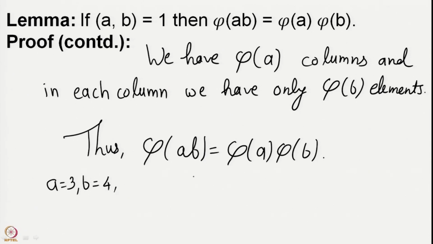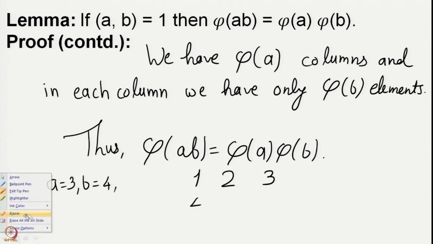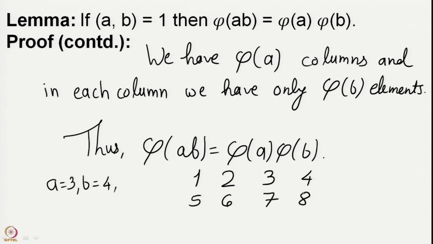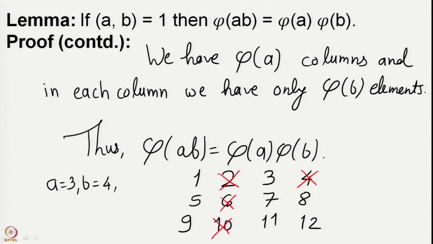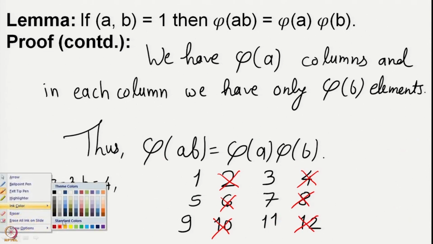So, we are looking at 12, and then we would look at 1, 2, 3, or let me put 4 next to 3 so that we have some space. 5, 6, 7, 8, 9, 10, 11 and 12, and from these now for the numbers 1, 2, 3, 4, to remove numbers which are not co-prime with 4, we have to remove 2 and 4, and then automatically 6, 10, 8 and 12 get removed. So, we have exactly 2 columns left, which is equal to the number phi